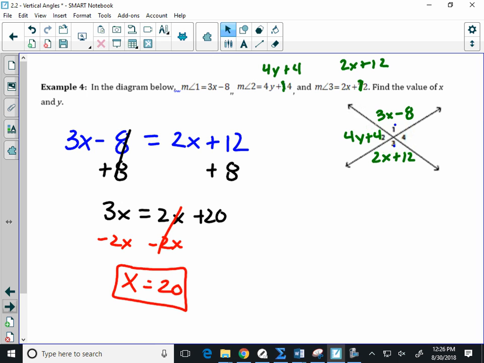Yeah. Angles 1 and 3 are 52. Yeah. And you subtract 52 from 180 and get 128, and 128 equals 4y. You got it. Okay, very good, what Gabe did. You notice I have nothing to help me set up an equation with y. There are no other y's, there are no other numbers. But he noticed